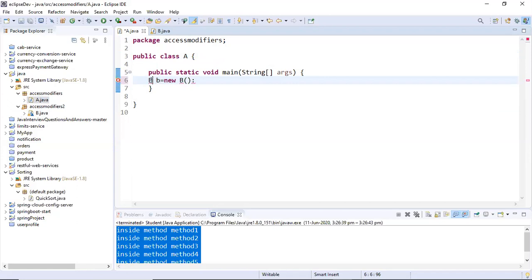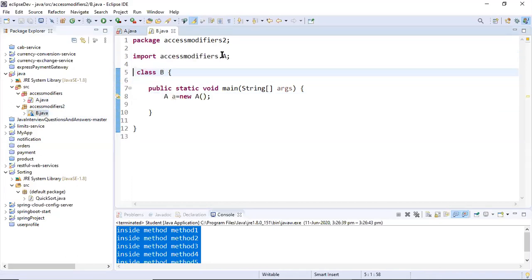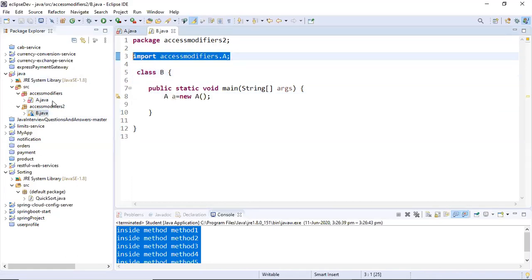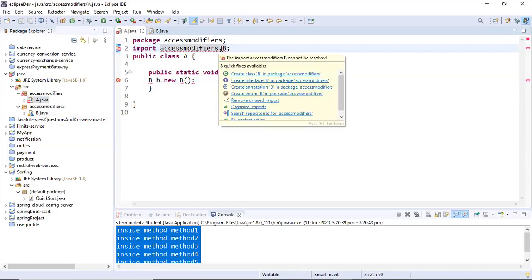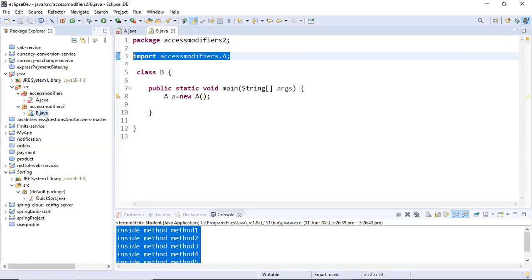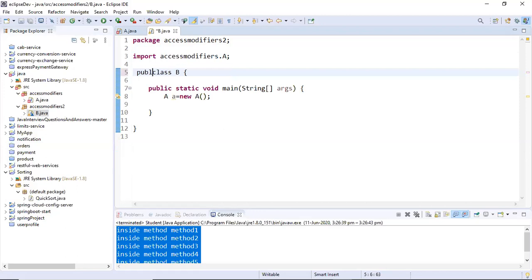So friends, as you can see, I am not able to get it. Even if I import the package, then also it will not work, unfortunately, because that is the default class. Okay, so that is a default class, we cannot extend it. But if we put the public keyword, we can access it. Okay, access is the right word, extend is not the right word.